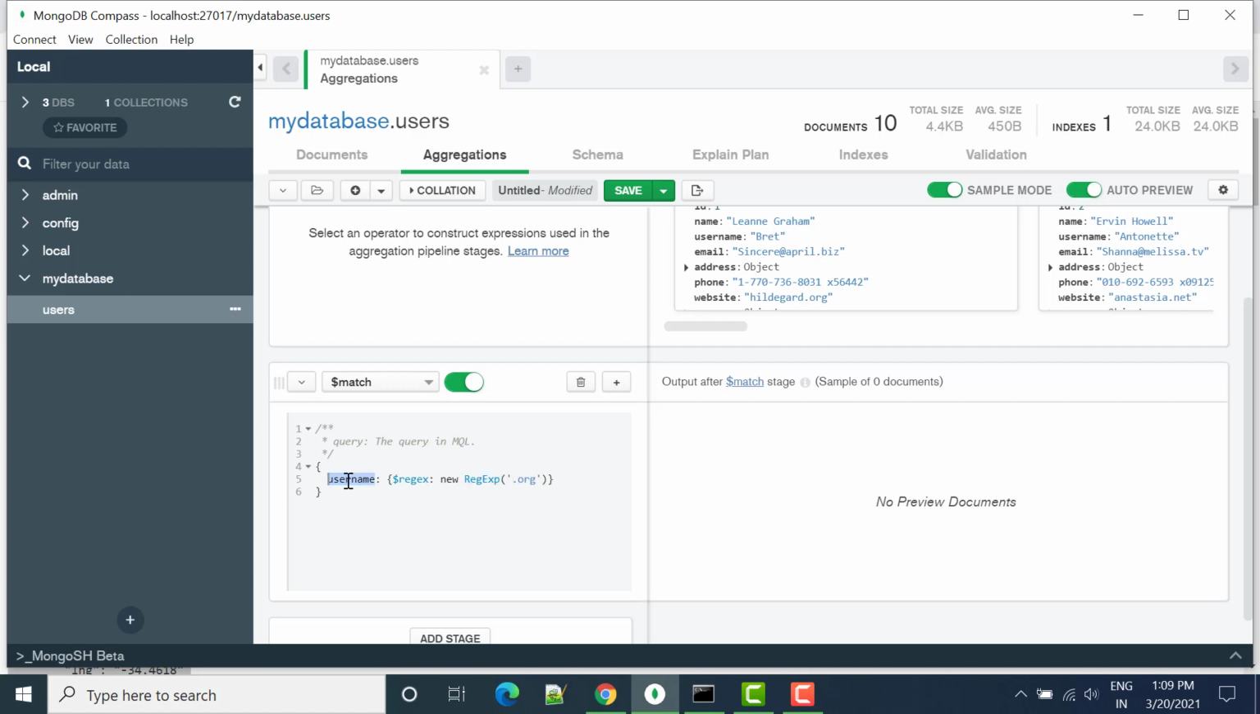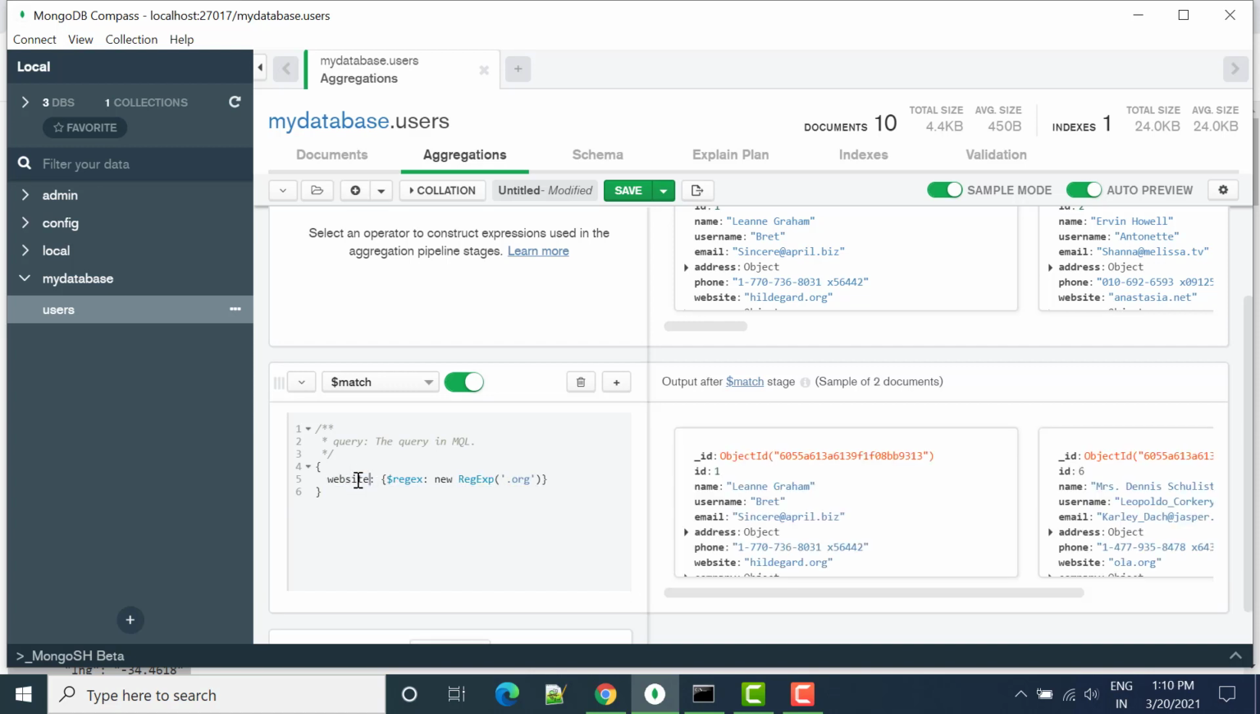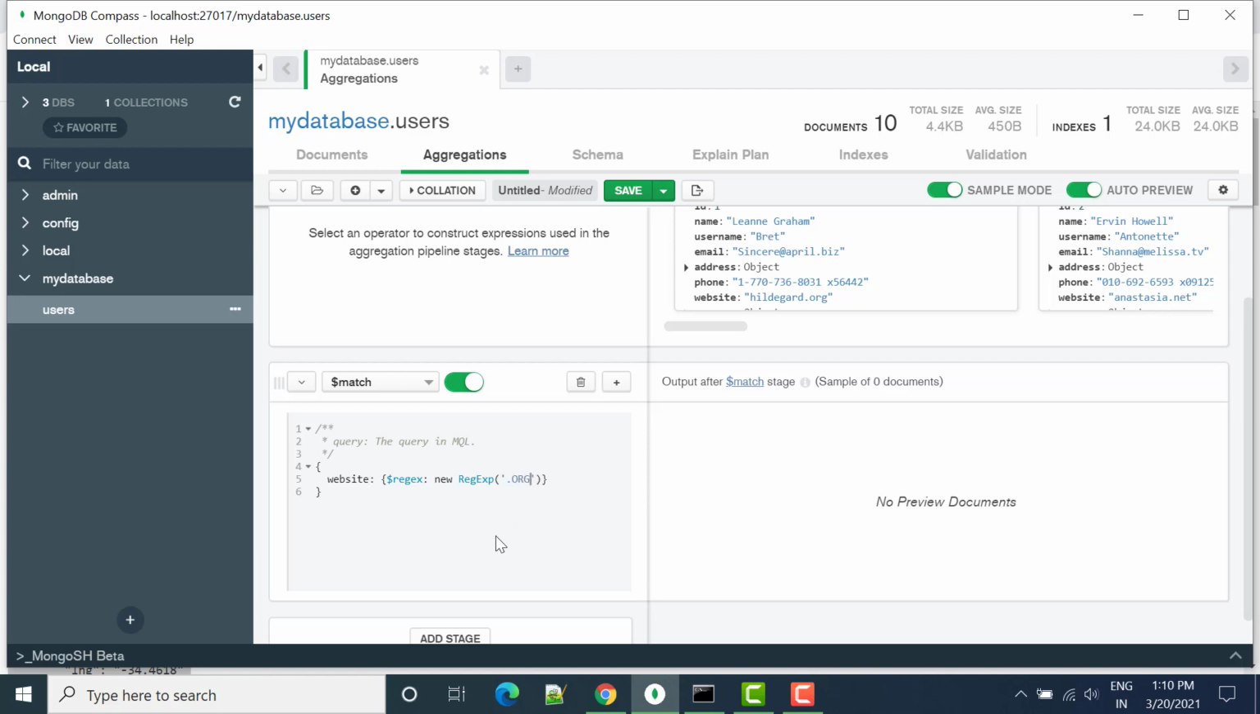That means in this username we don't have org text. So I will write here website. Once you write website, you can see all the records which have .org, so only 2 documents having .org. Now let's say if you enter capital letters ORG, then you will not see any document,